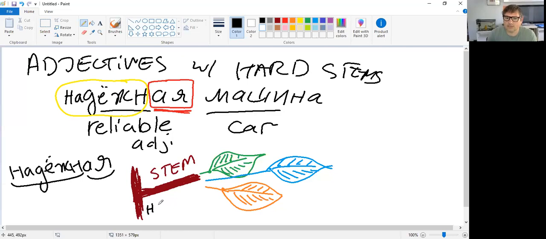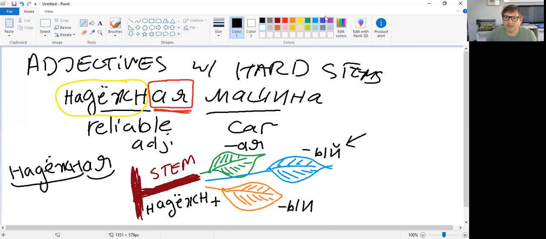So the stem is the надежн plus an ending that could look different ways. Not just aya, it could be uy, it could be uy like this. It just really depends on the case,